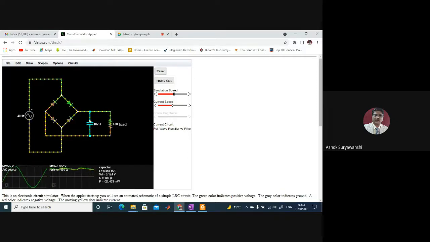When the capacitor is connected across the load, your output is not pulsating DC. It just charges and then discharges, and so the ripples are removed. The AC components are removed by this capacitor, which you can observe in the output voltage waveform. Your input is on the left side, output is on the right side. So I hope it is clear to everyone.